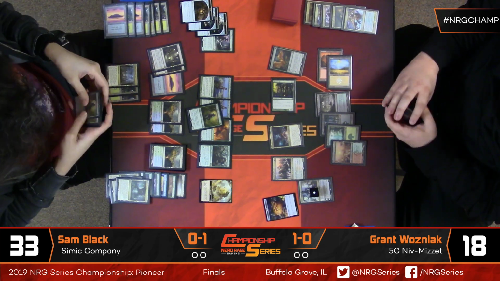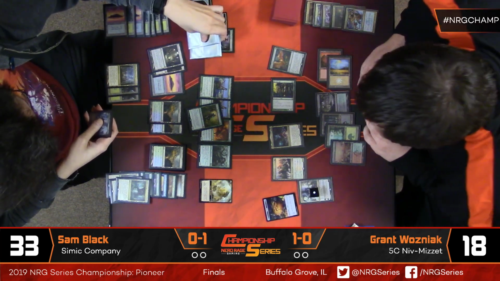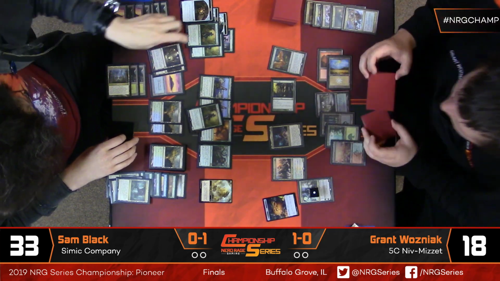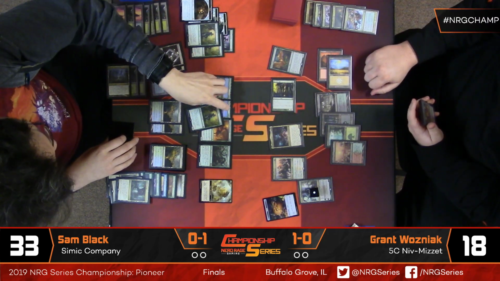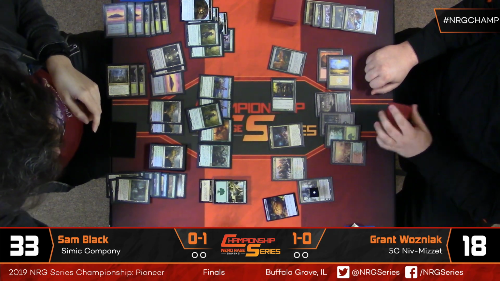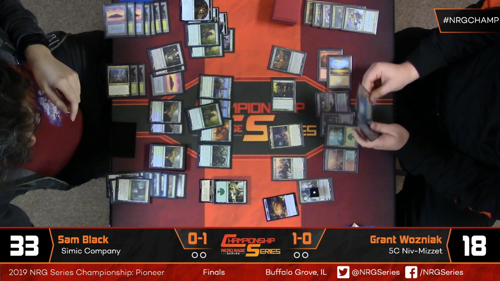Yeah, Collected Company as a tool to find the Fae of Wishes makes sense, but instead, just slamming 2 copies of Sylvan Advocate to increase his devotion count for the upcoming Nykthos activation. I think putting himself up to 10. Yeah, looks like 10, partner. There's 10. He's going to...